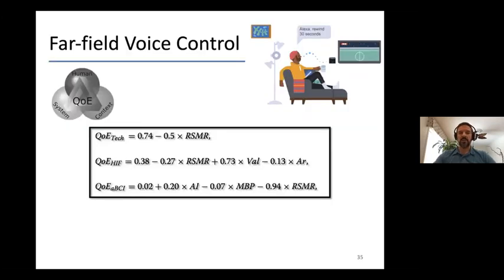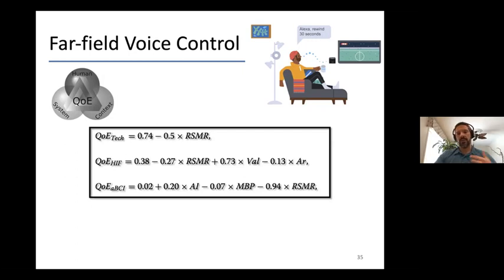So we conducted a couple experiments where individuals had to interact with voice control devices, but in a far field setting. So far field meaning that the person is far from the microphone, so that effects of noise, reverberation, so reflections off the walls, affect the quality. So you know that if you put your smartphone and you say, hey Siri, if you're far away, it's not going to pick up. If it does pick up and you say something, it's likely to give you errors. And the idea is that it's all of these noises that are generating problems for these devices. So the goal here was to see the experience of people when using these devices at a distance and how their affective states contributed to the overall experience.